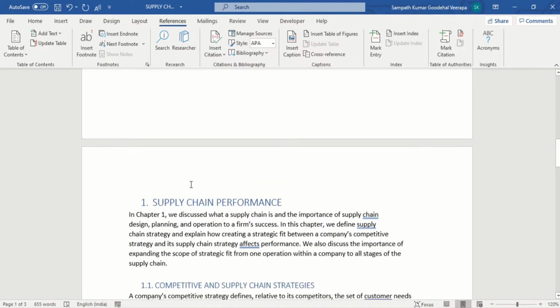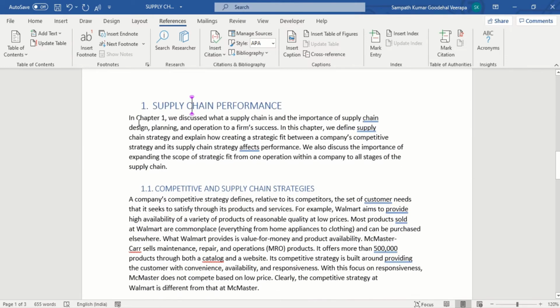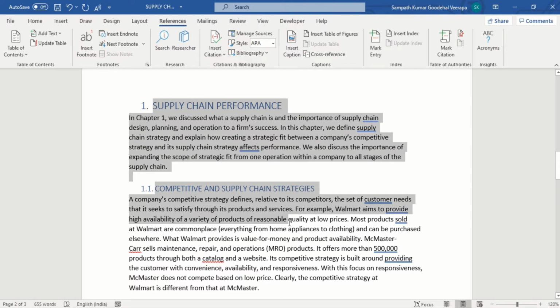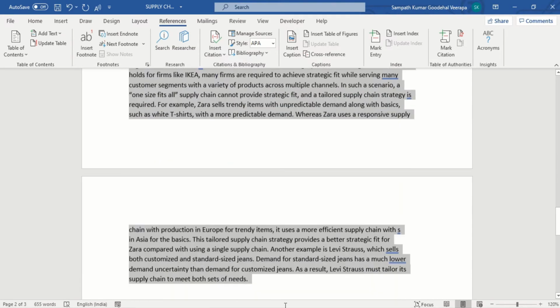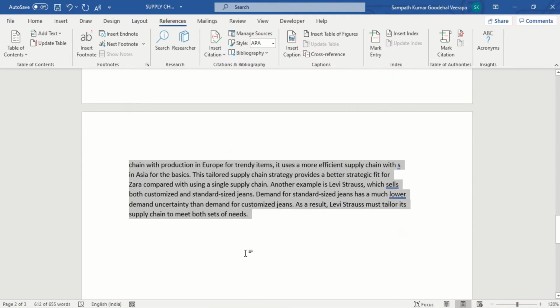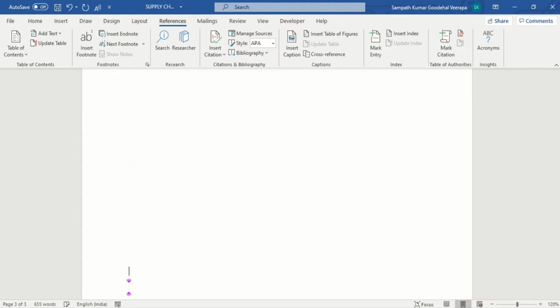After pushing it to the next page, select the entire data, copy it, and paste the copied data on the next page, paste it here.